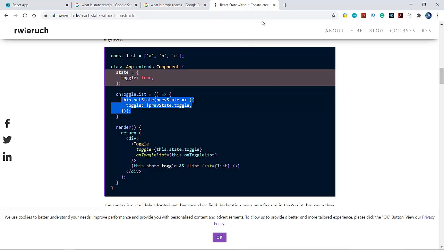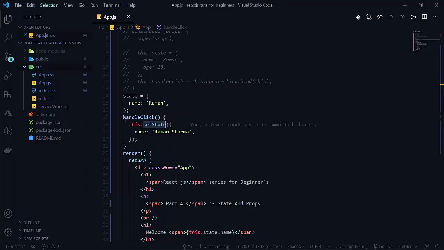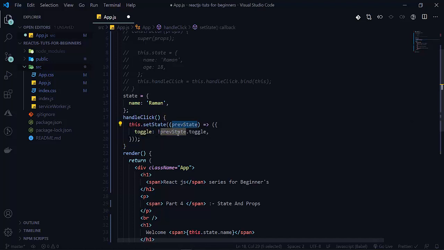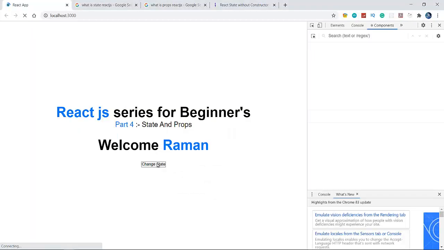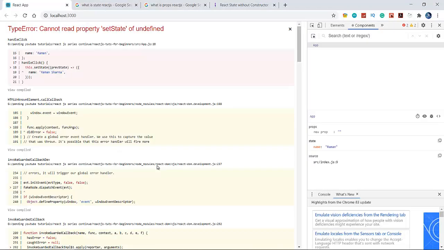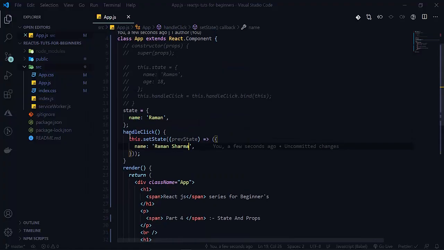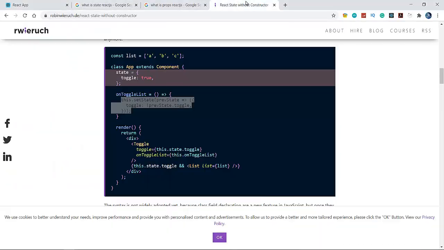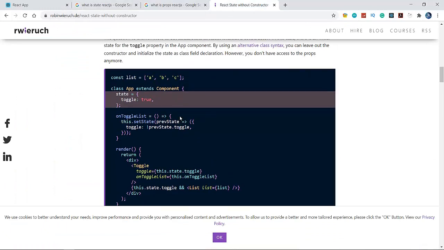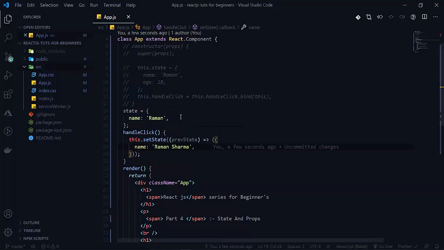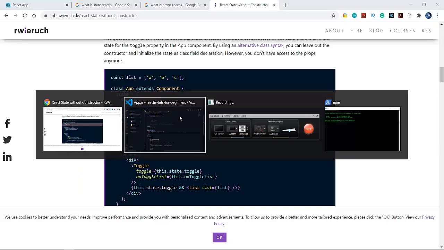So copy this. Write this.setState previous state. Here we don't want any previous state. We just want to change our name to Raman Sharma. So reload this. When I click this state here, it is giving us the error. This.setState should not give us the error. State is equal to, everything is fine.